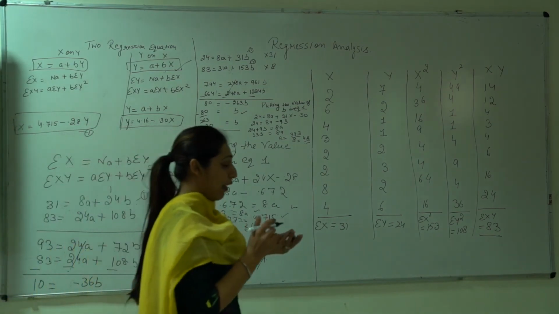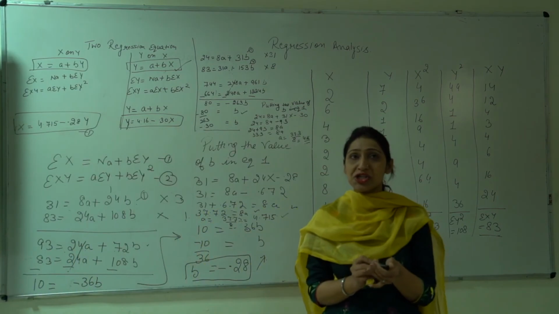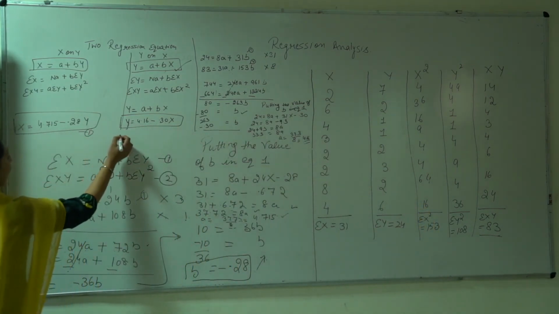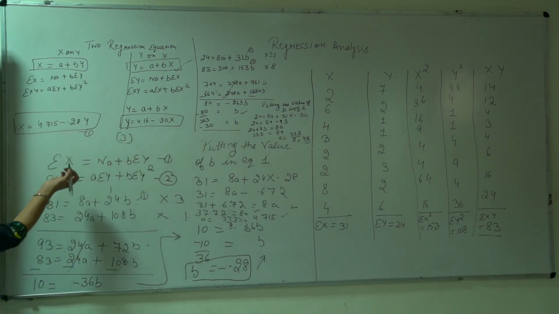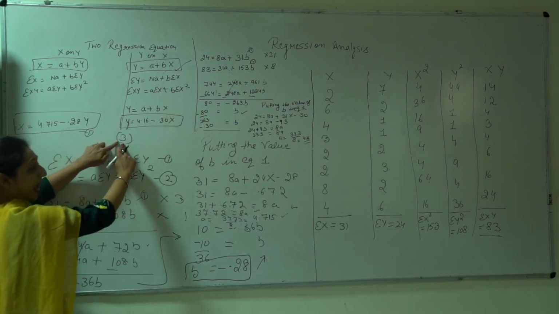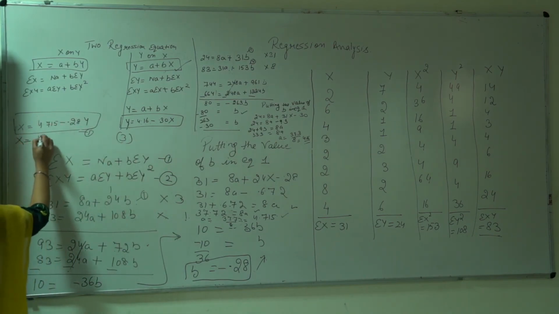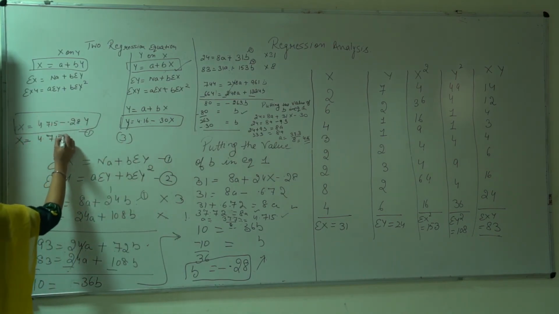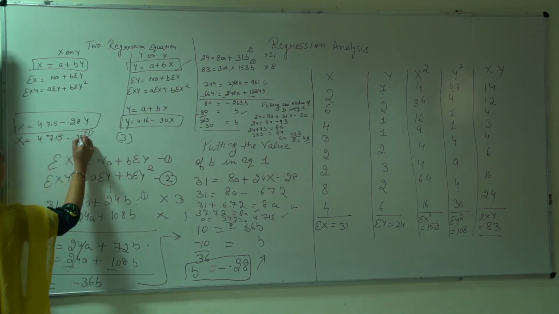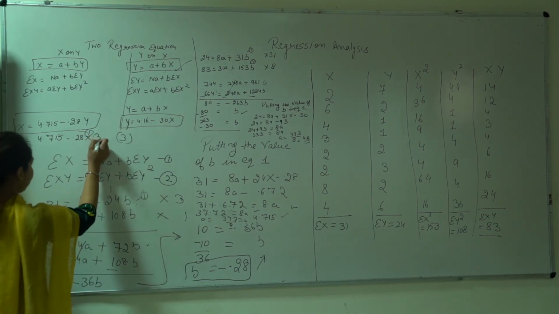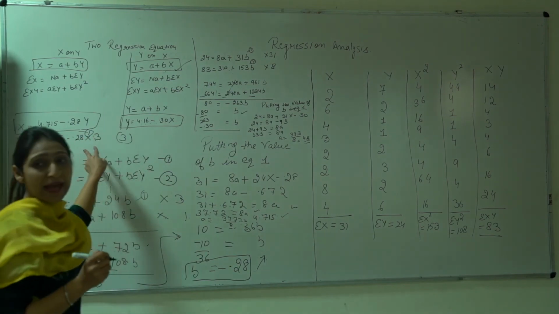Sometimes they say that you have to find the regression equation of x on y when y is equal to, let's say, 3. Then what I have to do is put the value 3 in the x on y equation. That means x is equal to 4.715 minus 0.28 into y, where y is 3 as given in the question. Then if I solve it, I'll get the value of